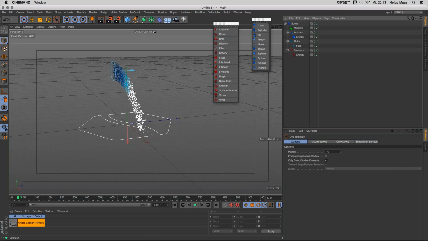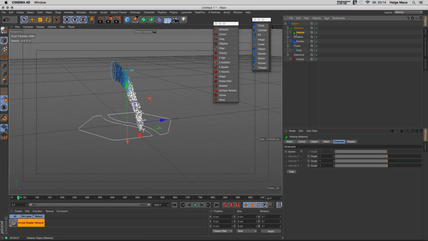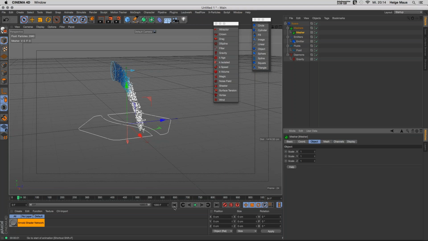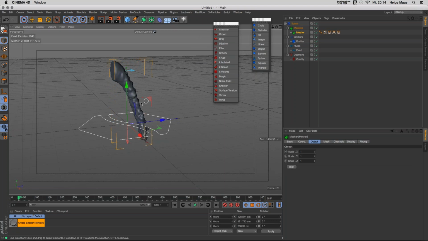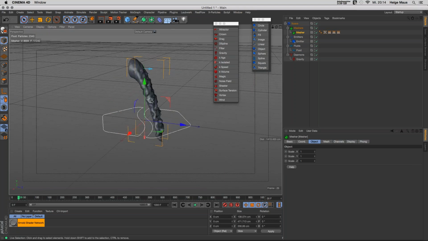I will talk a little bit later about different approaches to render particles, but in most cases if you want a fluid, you want a fluid mesh which you can shade like water, chocolate or whatever, and that's the job of the mesher. If I add a mesher now, you see it's added here, and this mesher now takes the job of meshing out,